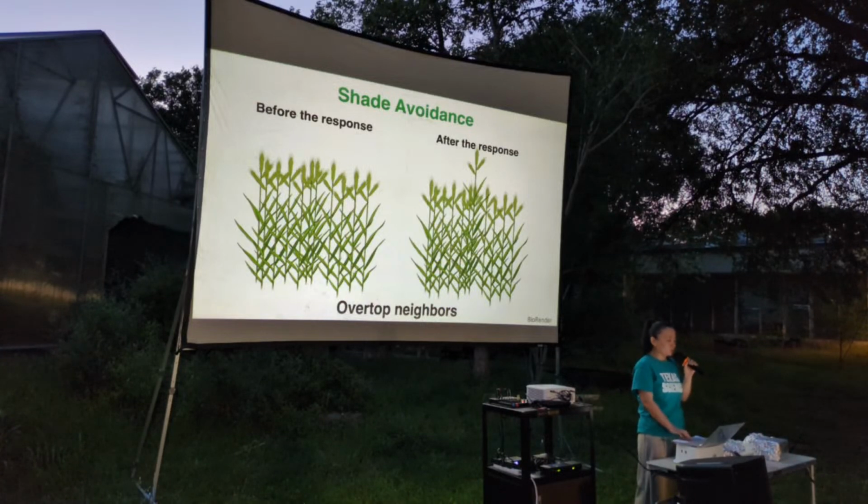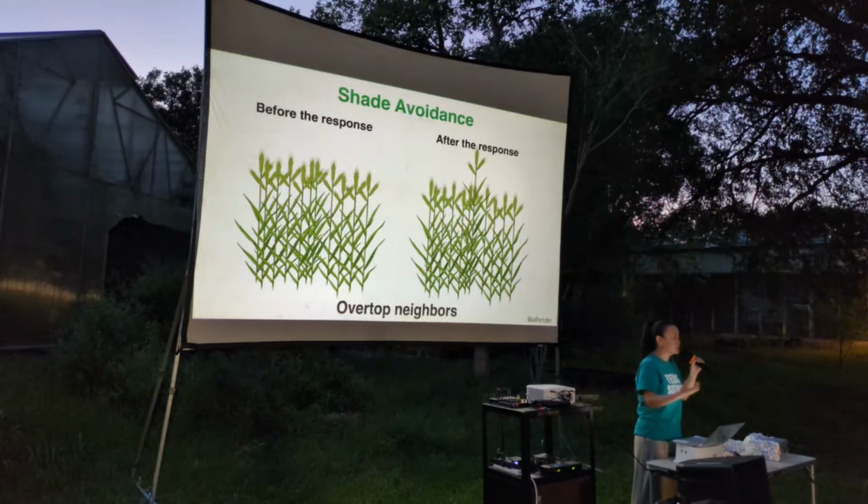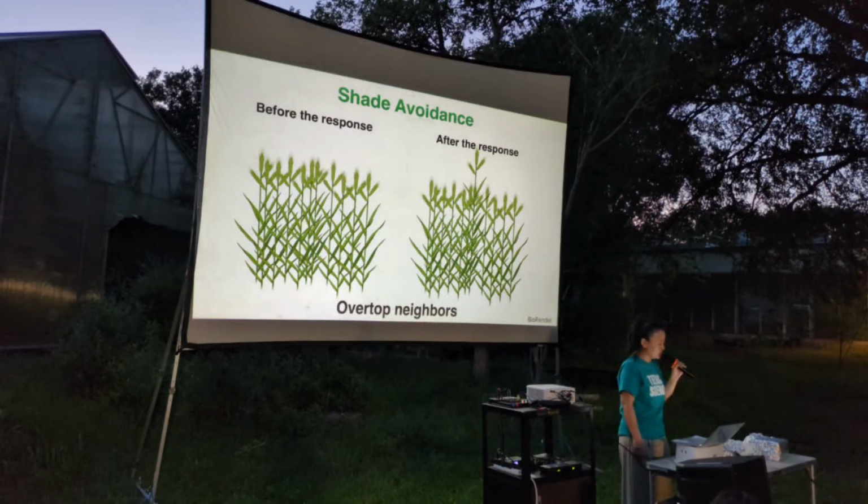Okay, so before the response, all the plants grow together, close to each other, but there is not enough sunlight. There are some shade conditions from neighbors. Some plants are smart. They grow faster and taller. They overtop neighbors, and then they can perceive more sunlight and make more food and energy.